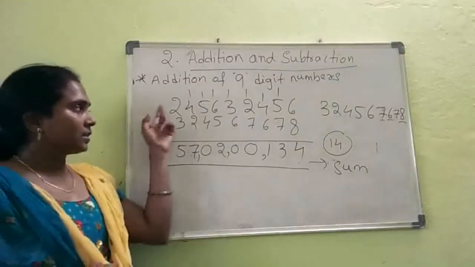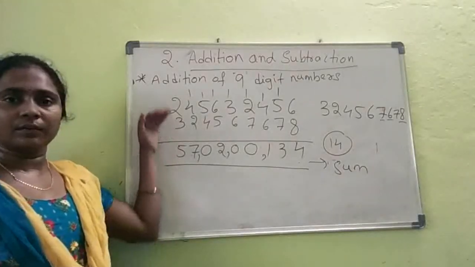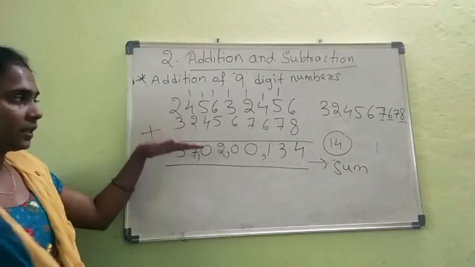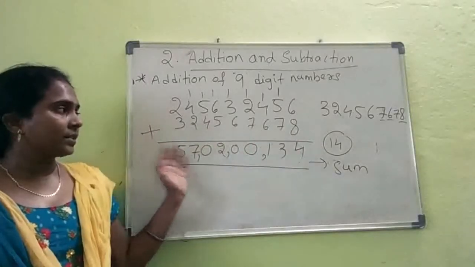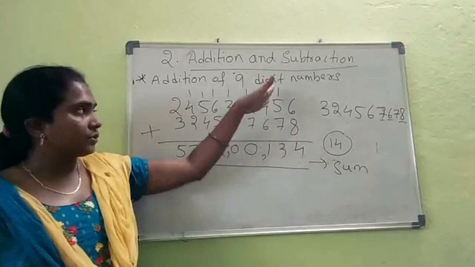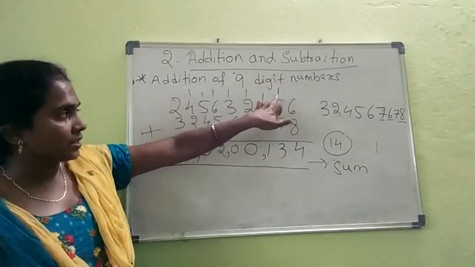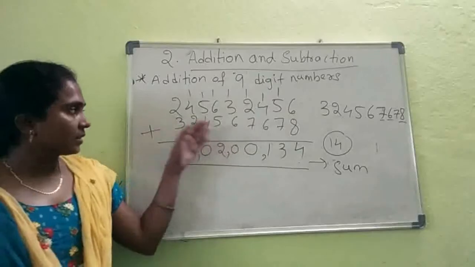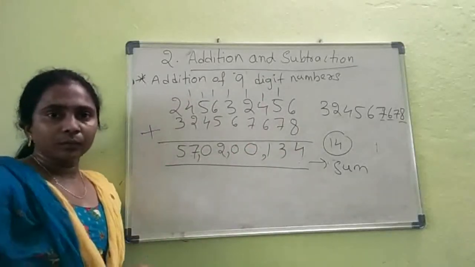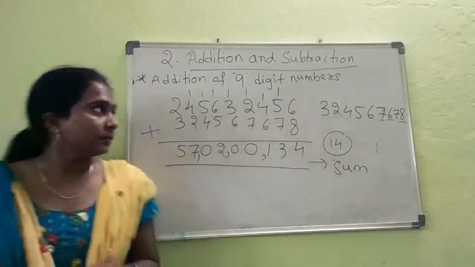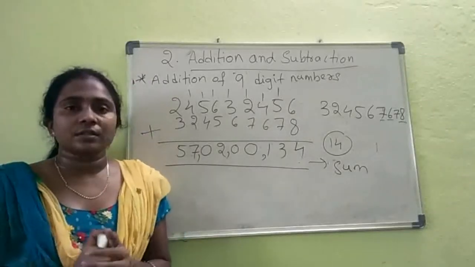I hope you are placing the two numbers one below the other, one digit below another digit. Then start the addition from the right side to the left side. If you get a carry forward, you should write it just above the first number. Okay, this is the procedure of addition of 9-digit numbers. I hope that is clear, right? Next we'll see the conversions of the units.